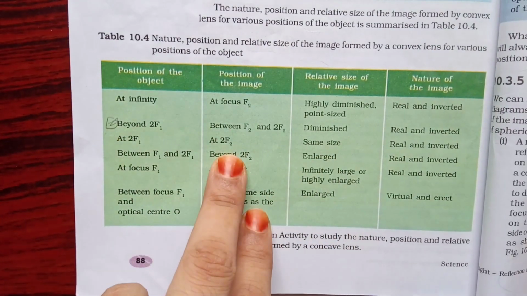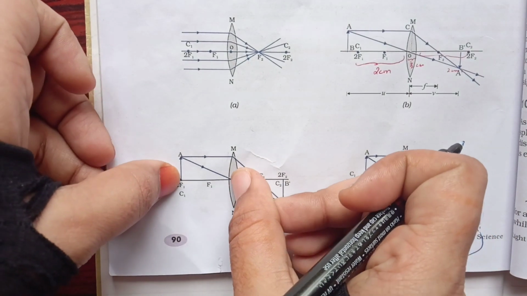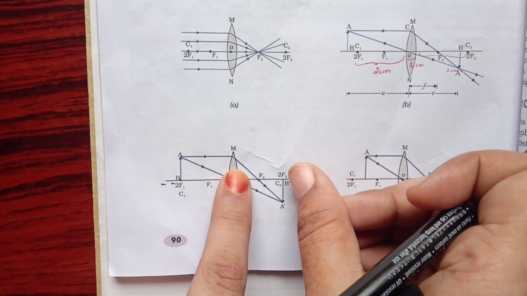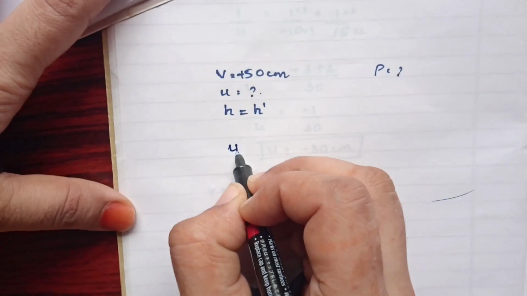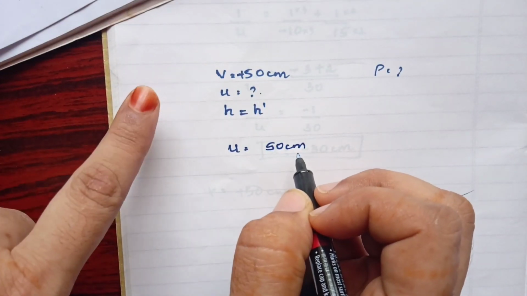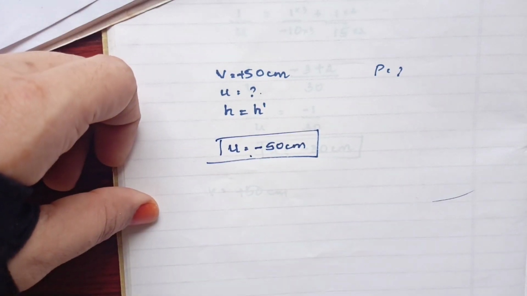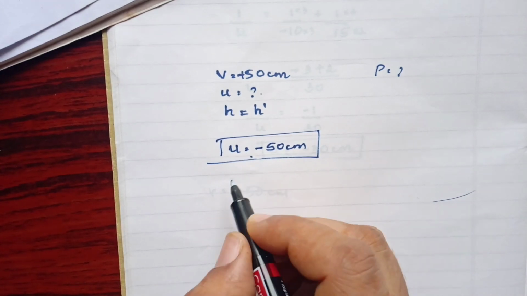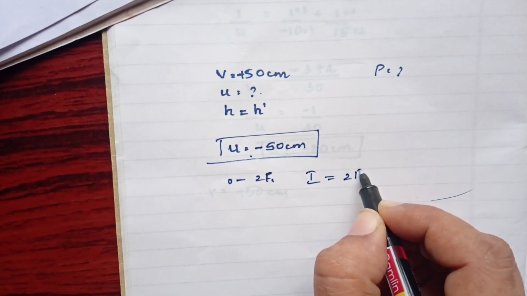Now what is this 2f1 and 2f2? It is actually the radius of curvature. So this is 2f1, half of this is the focal length, I mean your principal focus. Same thing on this side. So here I came to know that my object is also at 50 centimeter away from my lens, but on the opposite side, so it is minus. The reason you can write down, because you'll get it only when your object is at 2f1 and your image will be at 2f2.